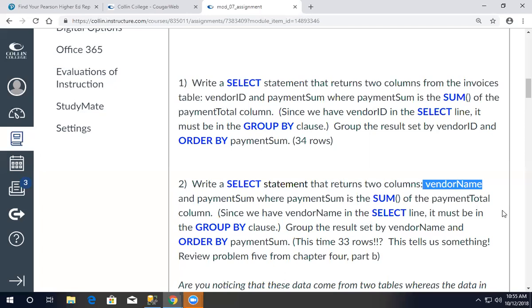Okay. But when I had just number 1, I didn't have an inner join. I was just taking the vendor ID that I had in the invoices table. Now, when I do an inner join, I have one in there that's not matching anything. That reinforces the idea that, review problem 5 from chapter 4, part B, the last chapter, and therein you should have found the one that was invalid. Anyway,